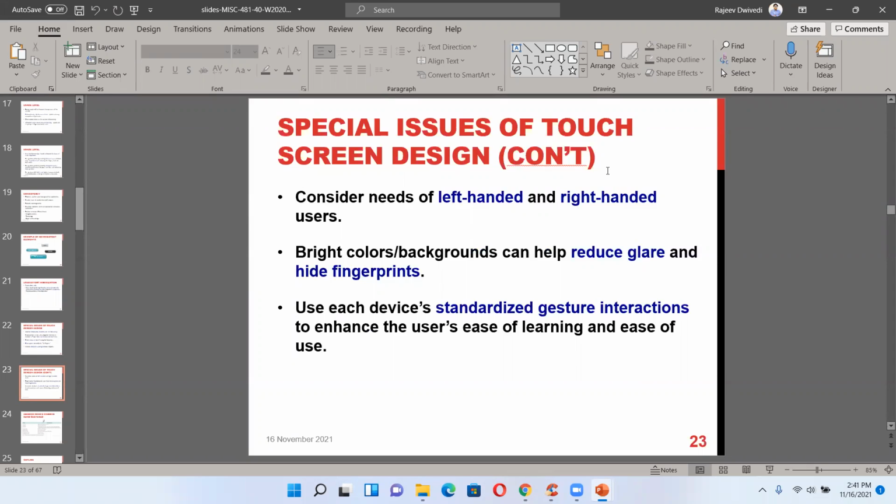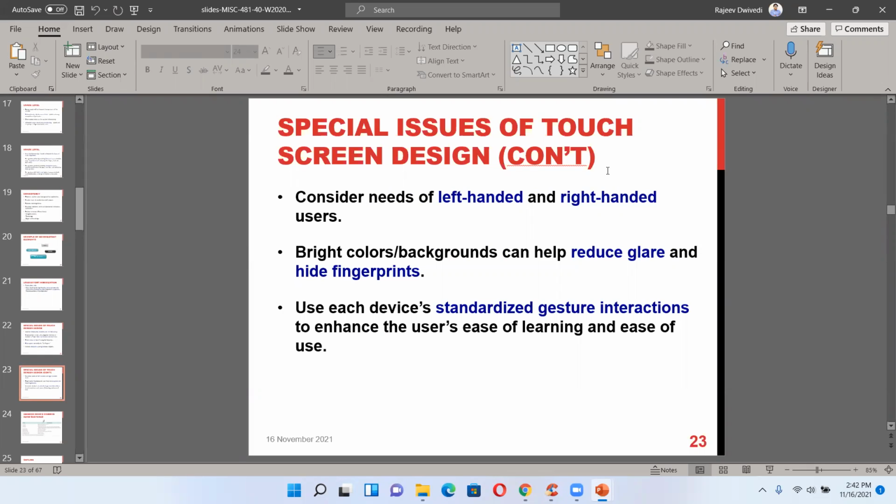So, special issues related to touch screen design: left-handed and right-handed users. Think about left-handed and right-handed users, because left-handed users have different habits of operating than right-handed users. So it should work for both.